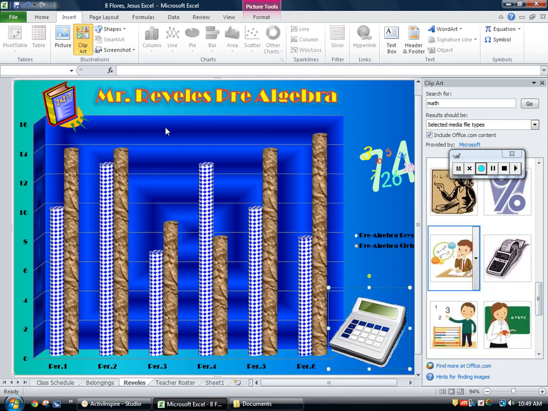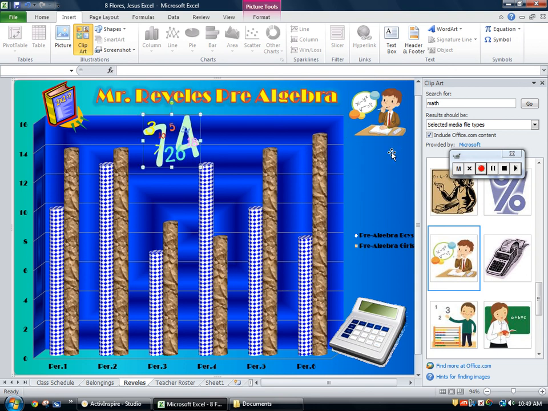Right click copy, right click paste. And so I have a little teacher right there with the formulas. Move this around. So the picture should add emphasis to the topic of the chart and the content in the chart. So this chart has been customized, font, fill, clip art, and hopefully you'll have fun with this,